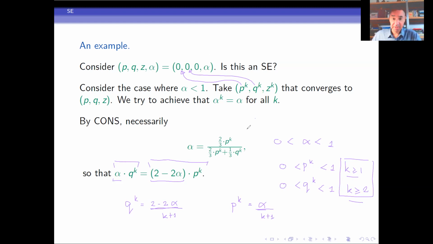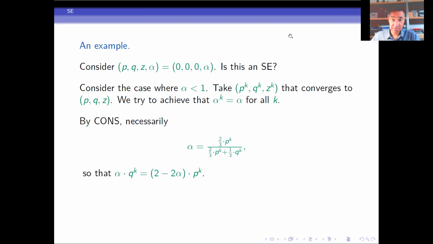A short remark about the Z case. I already said it doesn't matter much. So the only thing that you need to do basically now is to have it converge to 0. So basically for zk, you can choose any sequence that converges to 0, for example, 1 over k or 1 over k squared, whatever you wish. Good. And I think that is also what is stated over here.